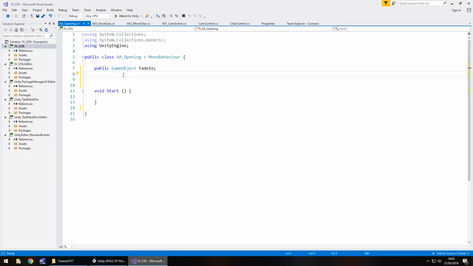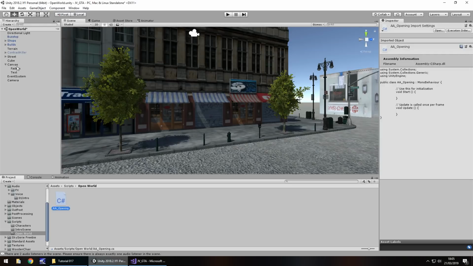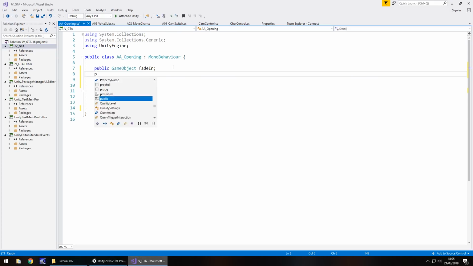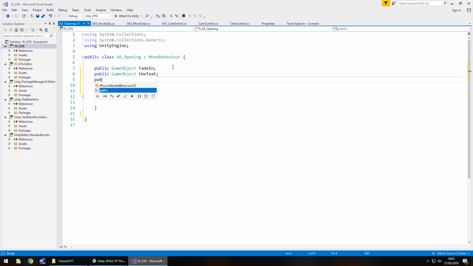So that'll be the one we have already, where we just need to activate the animator on there. Next will be the text, public game object, the text. Next will be the camera, because we're going to activate the animator on that when we create an animation for it. So public game object, initial camera, semicolon.